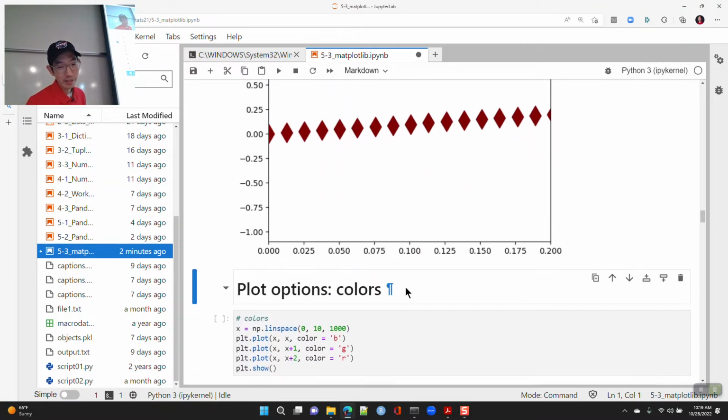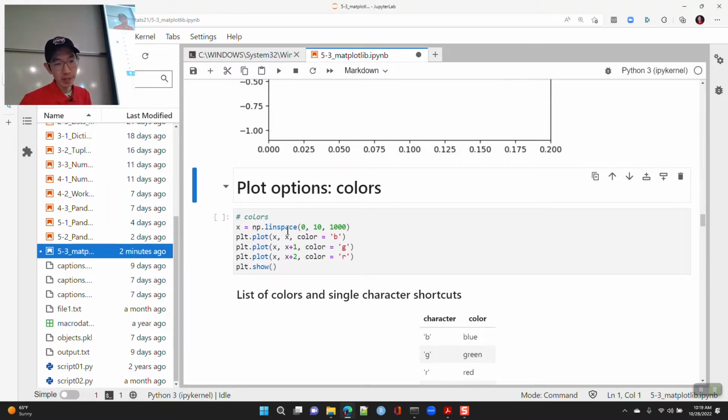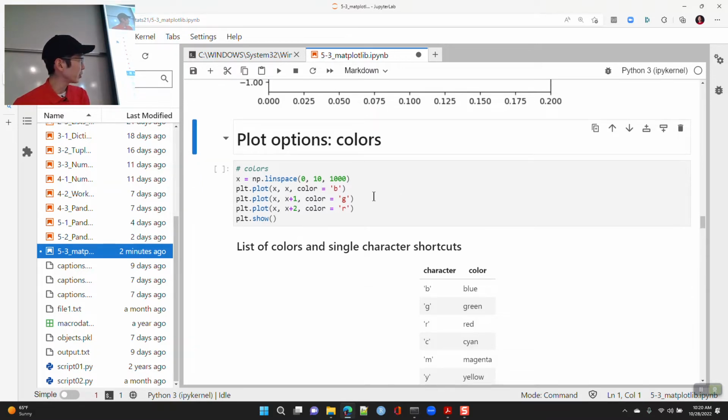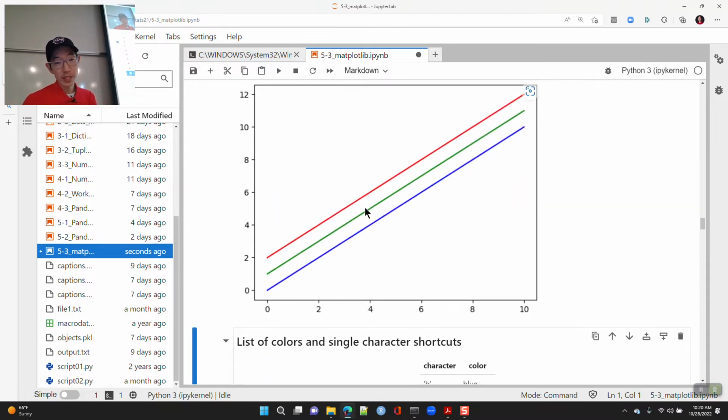So that's a thing. You have some options here, and so here I'm just going to plot a line of x plus 1 and x plus 2, x versus x. And you can specify what color you want. B for blue, G for green, R for red. And now you've got blue, green, and red lines.